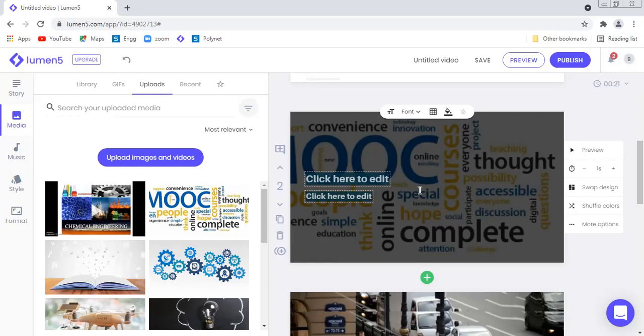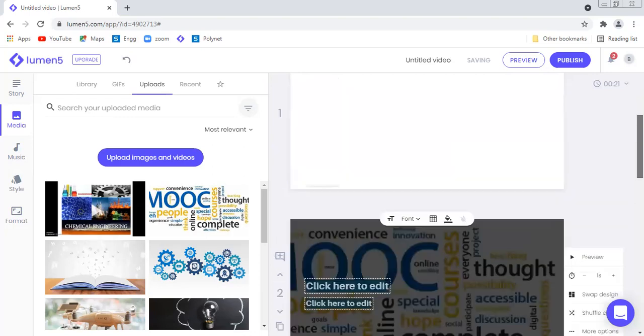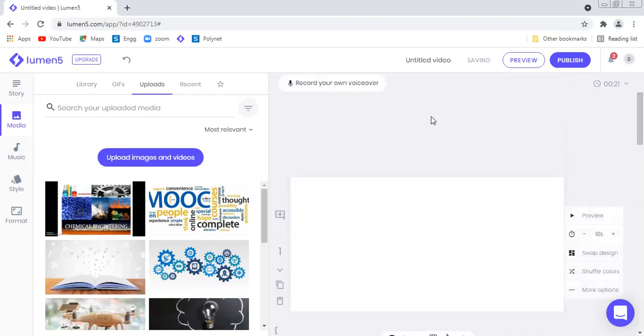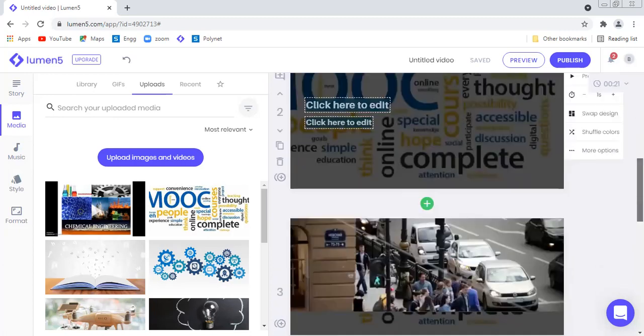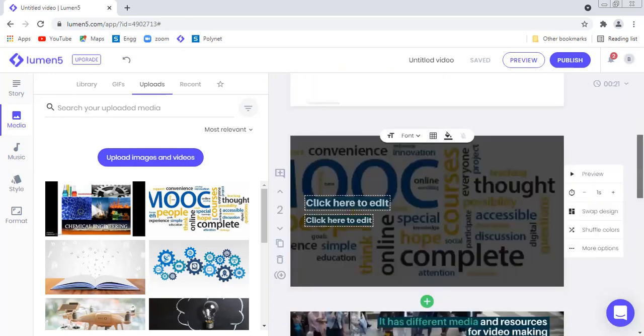So you can either adjust the time, you can adjust the preview, you can adjust the soundtrack, you can search for appropriate video format, you can apply proper music track. There is a facility for recording your own voiceover. You can import the story, you can type your own story, you can change the palette design, you can select the default theme. So all these facilities are available in Lumenfy.